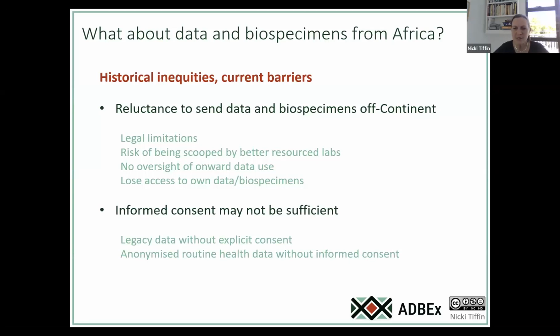And then we also work with some data that are just really too sensitive. For example, in my group, we work with anonymized routine health data from real people. They are anonymized, but health data are very sensitive. And because they're anonymized data, we don't have explicit informed consent, but those data are not appropriate for spreading more widely and passing on to other researchers.